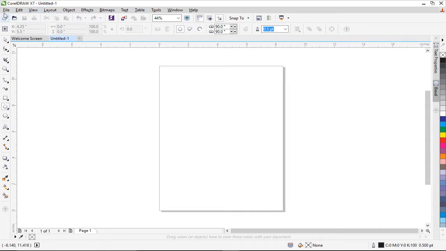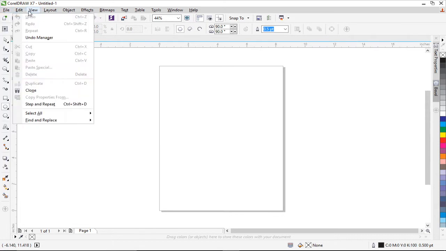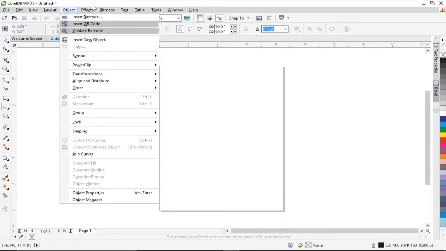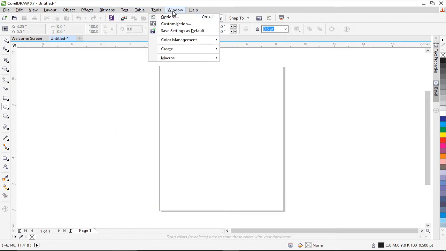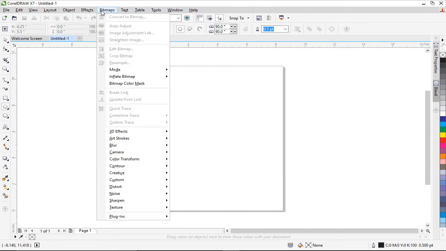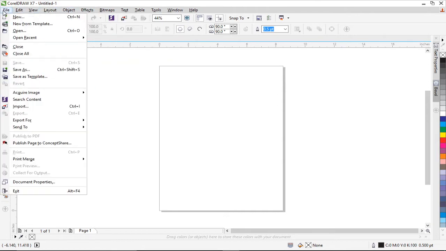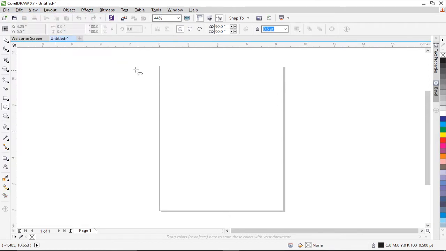Okay. Then this is your menu bar. You click, see different options. You get different options from this menu. So table, the tools, windows, app, text, bitmaps. I'll be explaining them one after the other in this tutorial. Okay. Now,